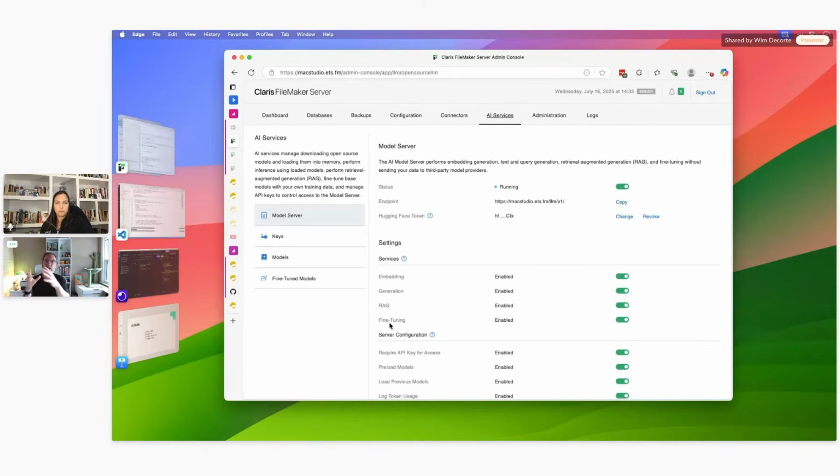Fine-tuning actually takes a base model and you change the model by basically retraining or fine-tuning it. The Claris AI model server allows for that. I don't think many of us will go there. This is very specialized work, and it requires in-depth knowledge about how models are trained to begin with. What does the training data look like? And not only do you need a bunch of training data, you also need data to validate that the model has been tuned to your liking. So it's entirely possible. We're going to use it, but I don't see a lot of users going that way.